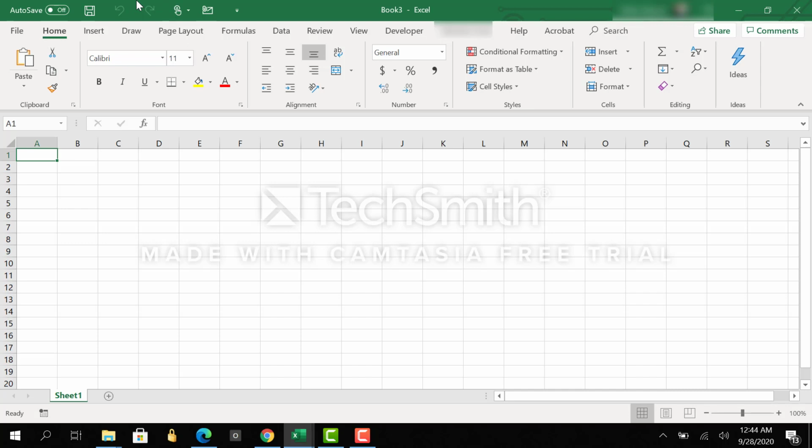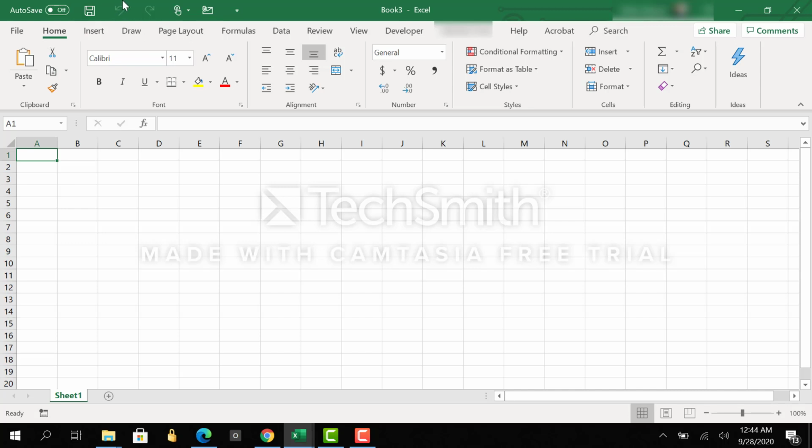On my version here, I currently have quick access to save, and a few other buttons, currently not active for me, but I have undo, redo and the auto save features. So with undo and redo, if you start working in Excel, you can undo or redo the operations you have performed in the current sheet. And there's an auto save button as well.